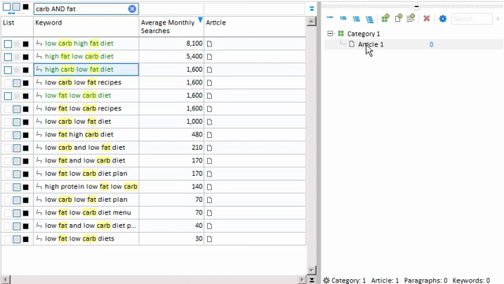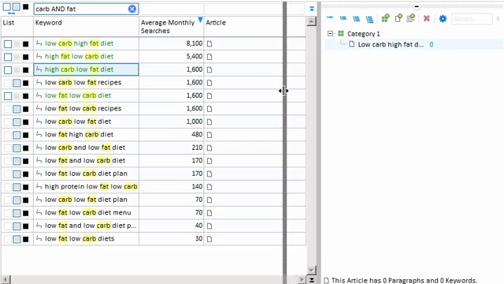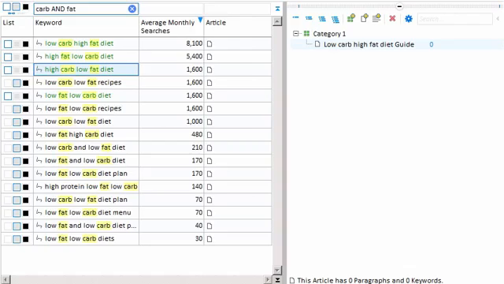We'll call it Low Carb High Fat Diet Guide. We'll move the article tree over a little bit so you can see the text there. Now, in a more real-world example, you'd probably want to use a title that had a little bit more panache than that. But this is just an example, and this is a very typical sort of content article that you find on the internet. Basically a sort of informational content guide for somebody who just wants to learn about these